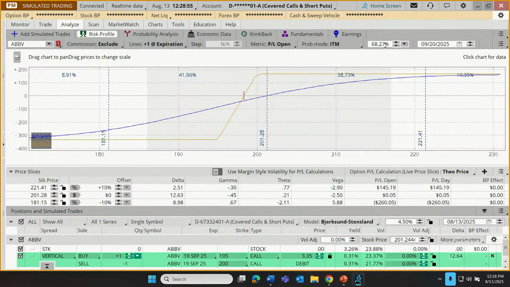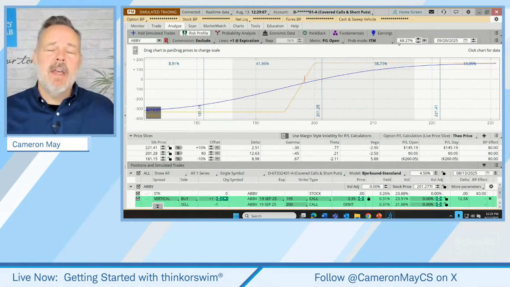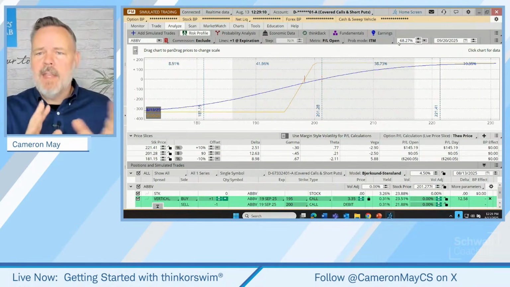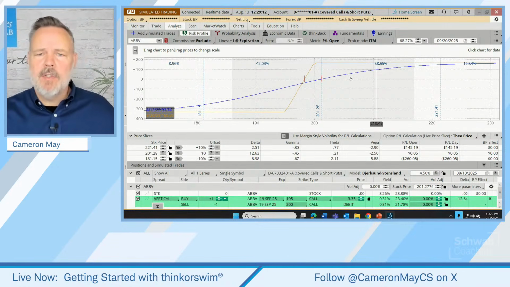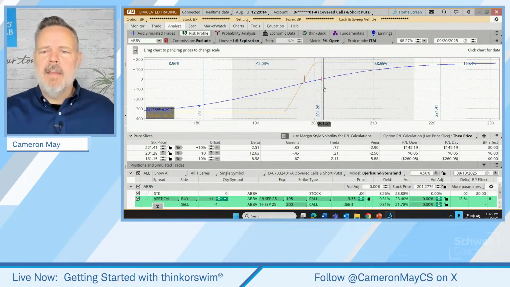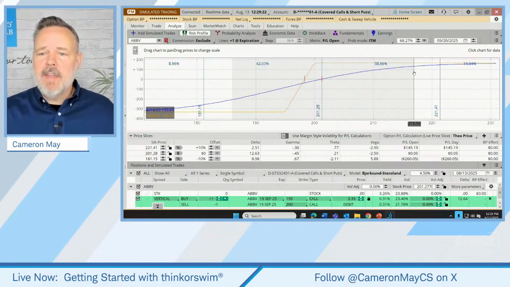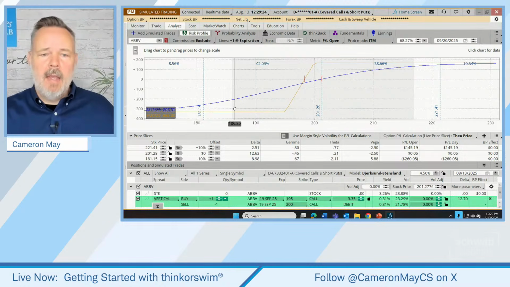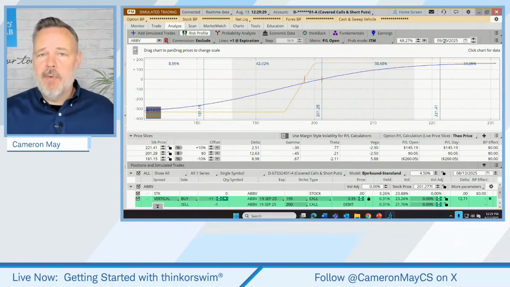What this is doing is it's using one standard deviation. If you can think all the way back to your last statistics class in high school or college, standard deviation of 68.27, what is that? That is one standard deviation. That's what that 68.27 refers to. And explicitly what it's saying is there's about a 68% chance that our stock is going to fall somewhere between about 217 here and 186 here on September 20th.